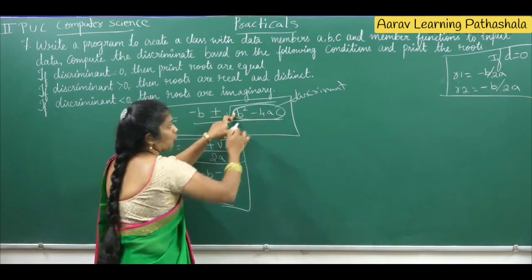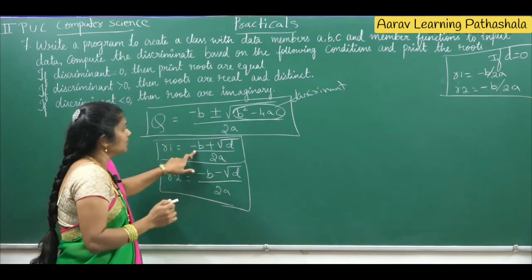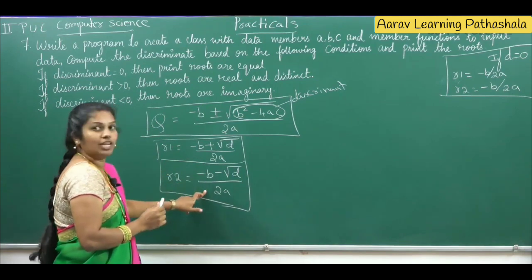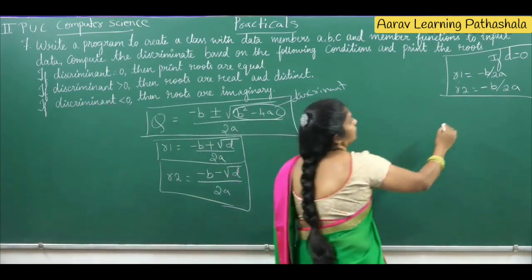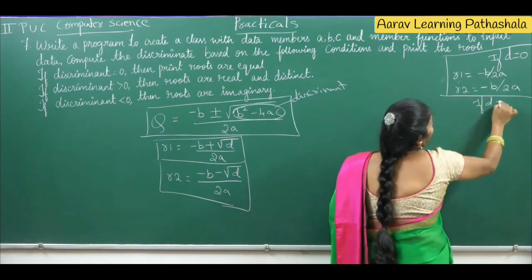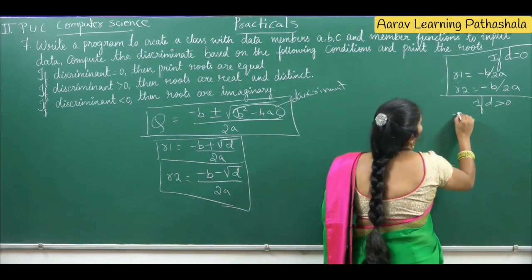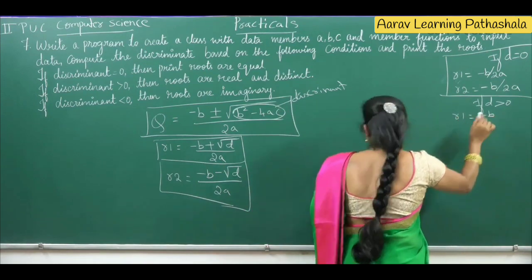R1 represents minus B divided by 2A and R2 represents minus B divided by 2A. Then if the discriminant is greater than 0, if it is a positive value,